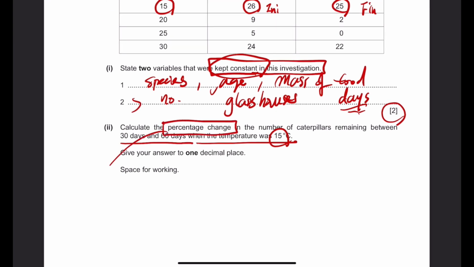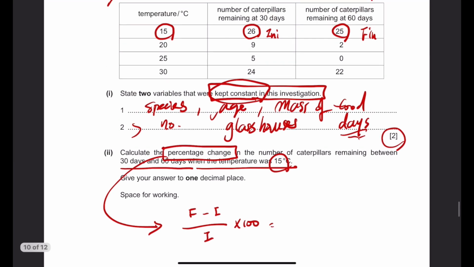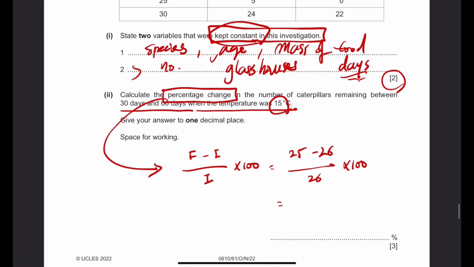The formula to calculate the percentage change is final value minus initial value, divided by initial value, times 100. In this case, 26 is the initial one, so we're going to go with 25 as the final one. Oops, 26 here. And times 100 will give you